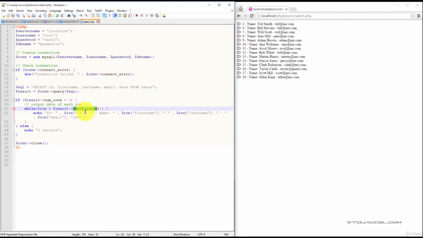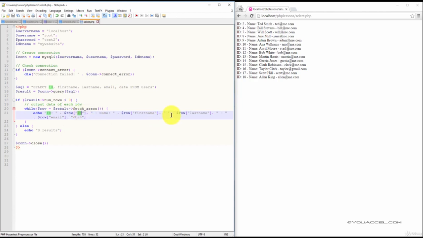can loop through. The while loop loops through the result set and outputs the data from the columns we specified in the select statement. So ID, first name, last name, email, and date. The output is done through a basic echo statement. So you can see that we have our echo statement and an item label and then the data next to